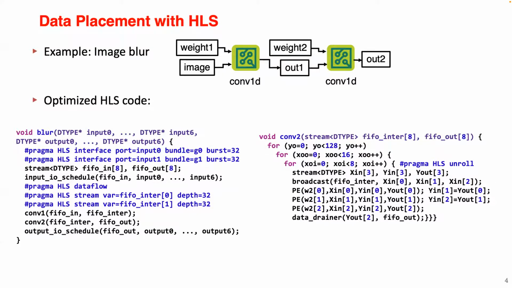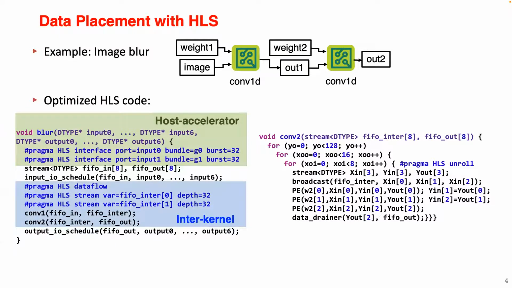For example, here, for the Host-Accelerator data placement, they need to insert the interface pragma and to choose the right burst length. And for the Inter-Kernel data placement, they need to instantiate FIFOs and connect them between kernels. And for the Intra-Kernel data placement, they need to instantiate different processing units and make sure the fine-grained data movement